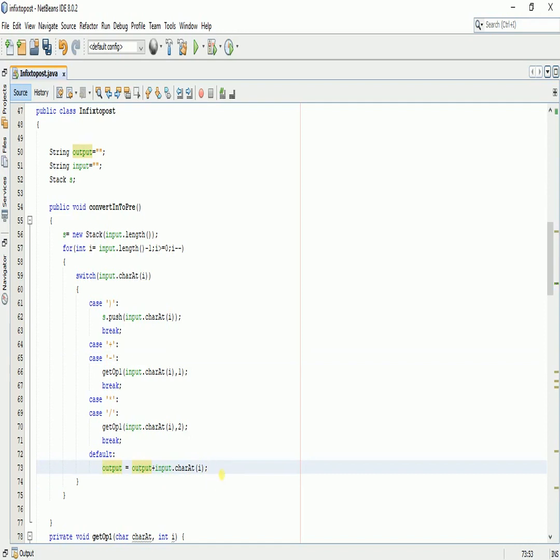Now what I will be doing is going out of this for loop and creating a while loop. So we'll check if the stack is not empty.